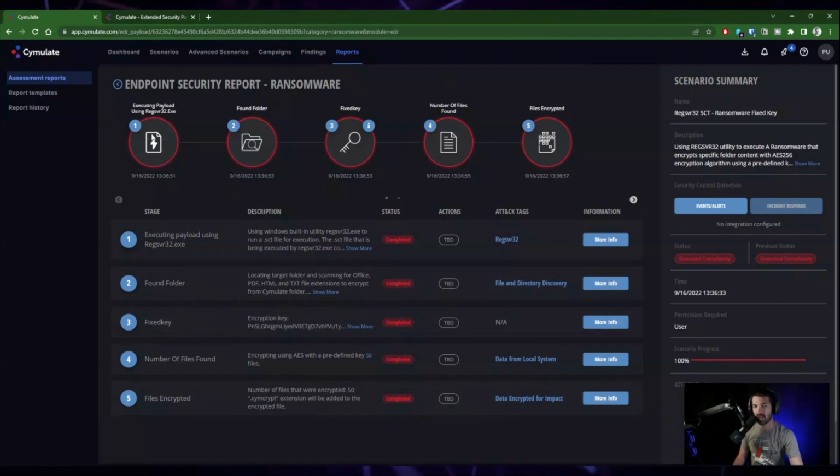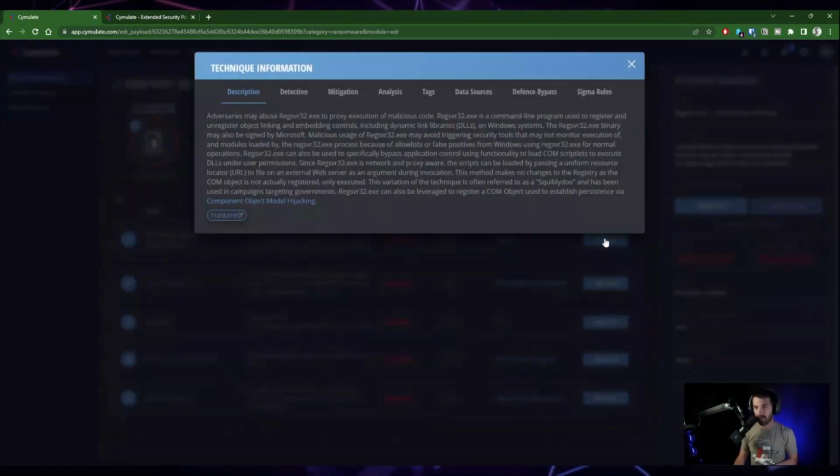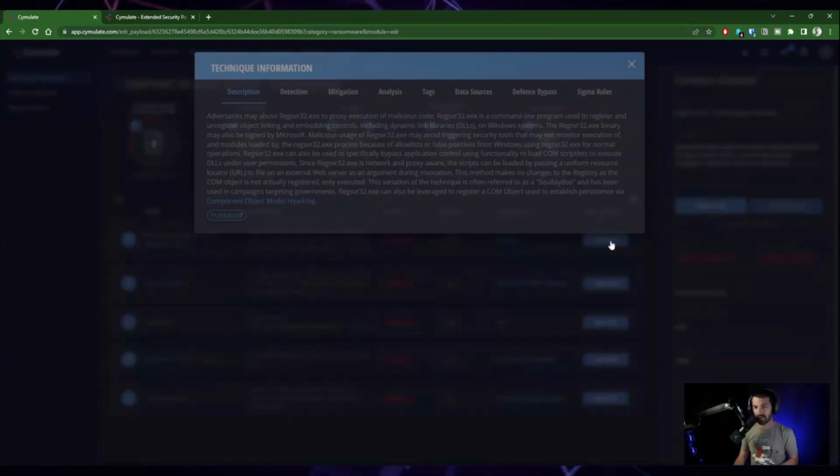But you could see here, it executed a payload using the Regsvr32 executable. It then found a folder to encrypt. It developed the key, and then it started encrypting those files in the folder. Basically, this approach to ransomware would have been 100% successful in this environment. And I do believe that this endpoint is actually running an EDR solution. So this just shows you that even with an EDR solution, you're not 100% protected from different malware, including this particular ransomware strain. You can click more info on any of these to get more info,